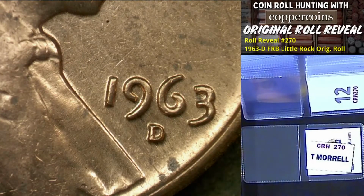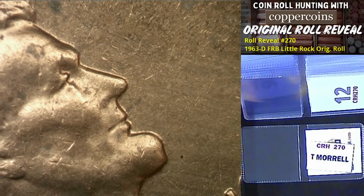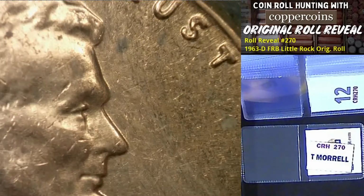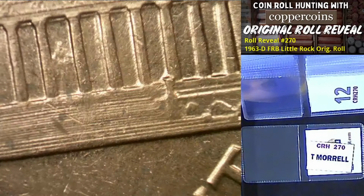This is not one of the double die lids, I do not believe. Not the one that Mr. Marshall had. Yeah, the audio should be a lot better because I'm actually using the microphone I'm talking into now,